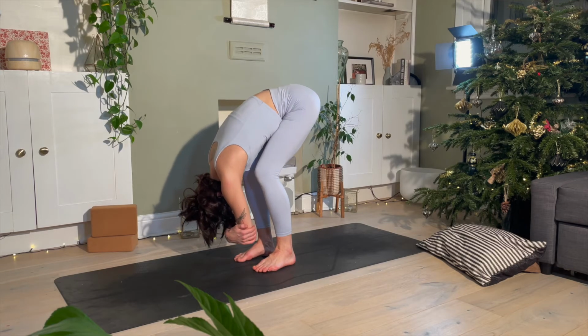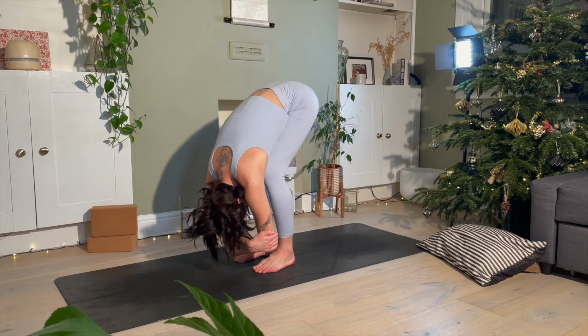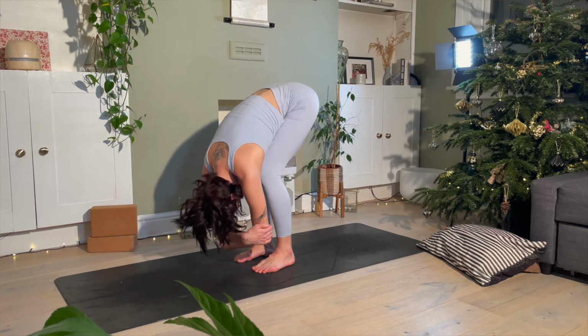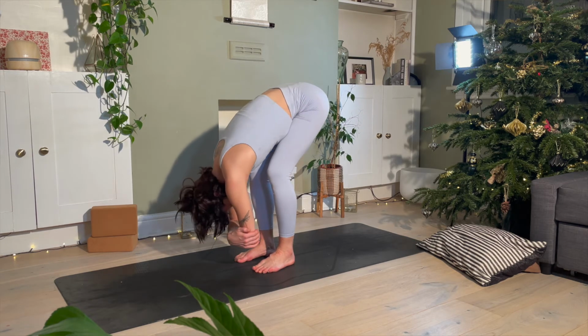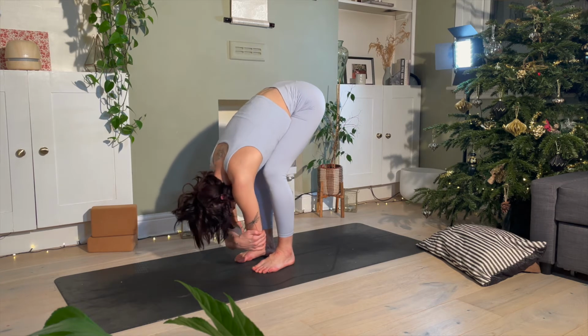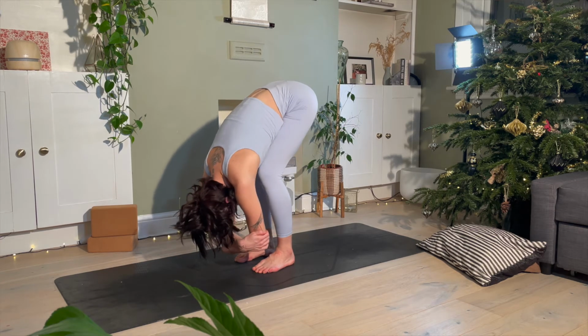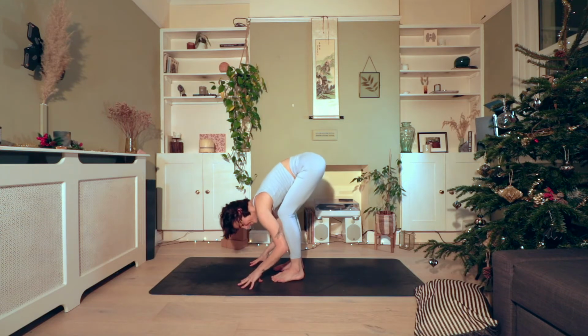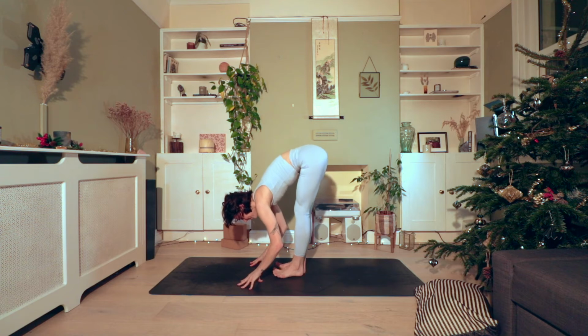Let the head hang nice and heavy. You can take a little sway from side to side, holding onto opposite elbow here. Good. Close your eyes. Let your movement be nice and slow. And then when you're ready, we'll bring the feet really close together now and bending the knees to come down